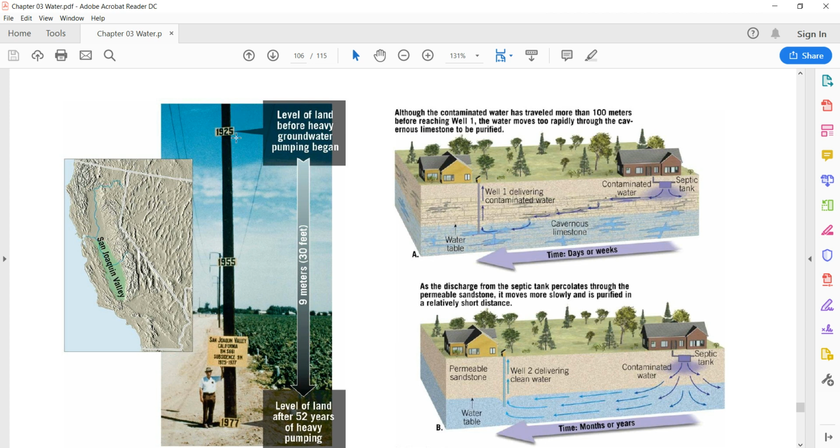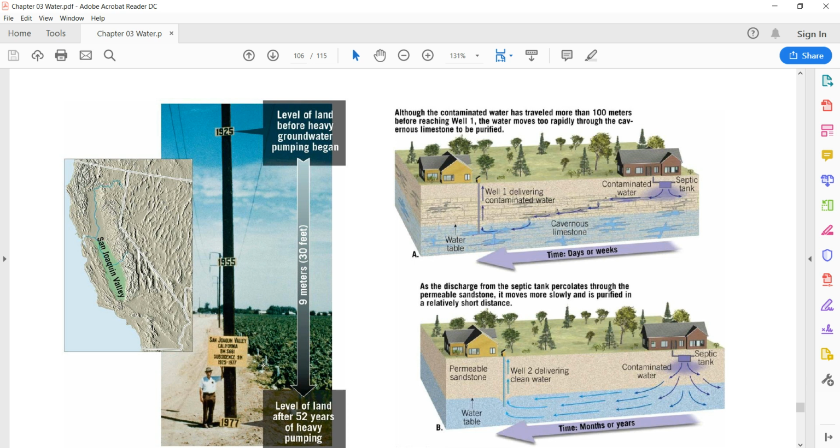So this is where the ground used to be, the ground surface in 1925, which is almost about 90 years ago. And this ground has subsided about 30 feet in just 53 years. And that is due to urbanization, that is due to a sudden burst of population migration in this region,